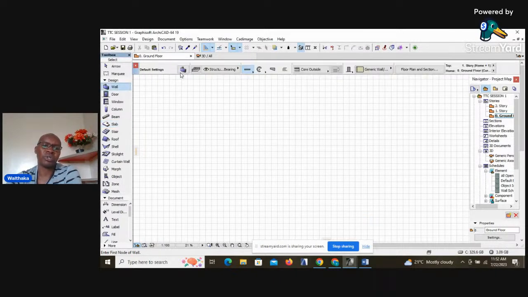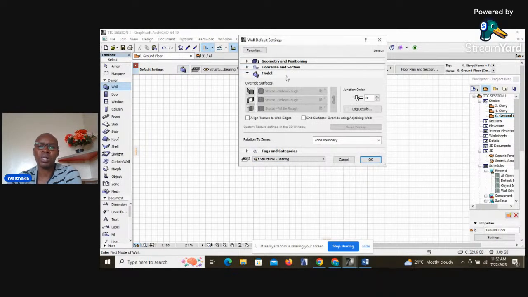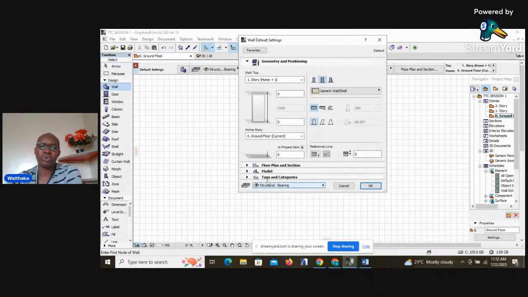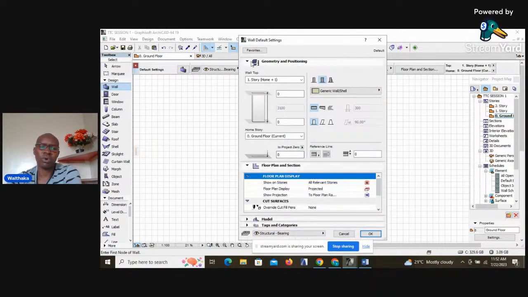If we talk of the door, if you open or click on the setting dialog, it gives you more information about the wall. You are able to set the height of the wall. You are able to choose which type of wall you want. You are able to choose the reference line for the wall, and it gives you more leeway. The information that was displayed here is now displayed in a more elaborate way, so that you are able to do the settings for that